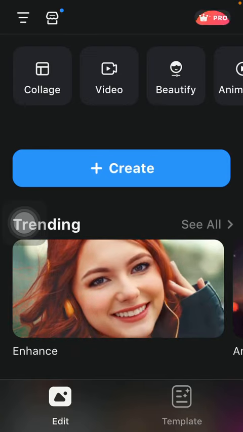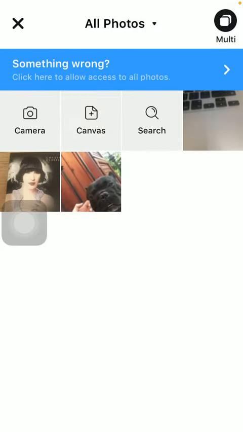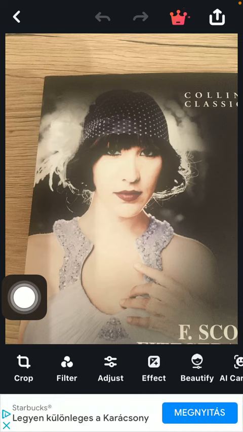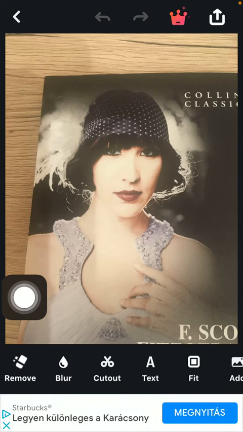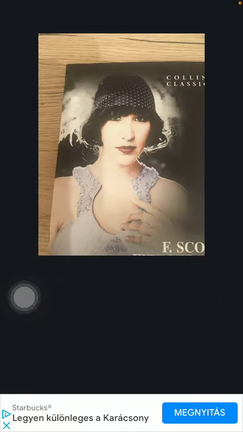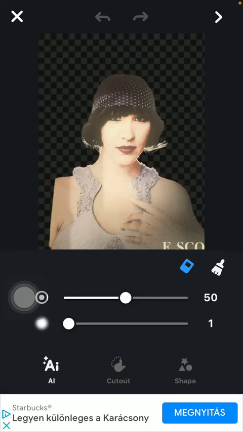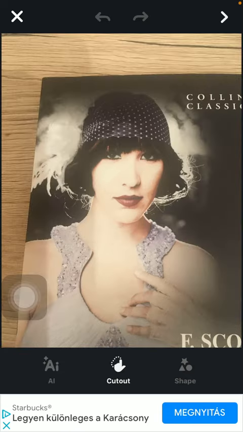First of all, open the app on your phone and tap on the create button. Select a picture, then slide to the right side of the screen until you find this cut out section. Here you can find the artificial intelligence cutout, but if you tap on the cutout button you should